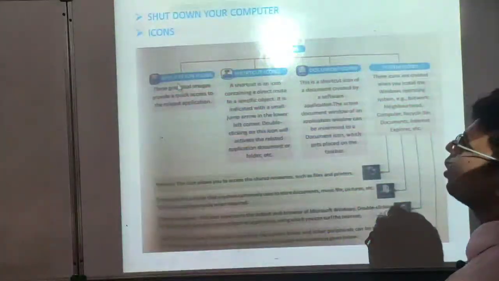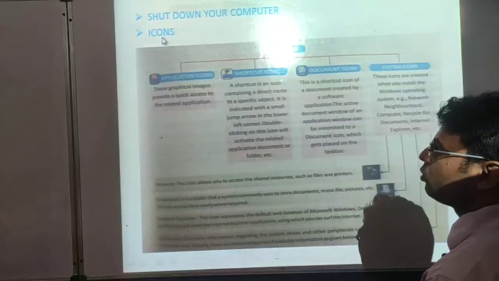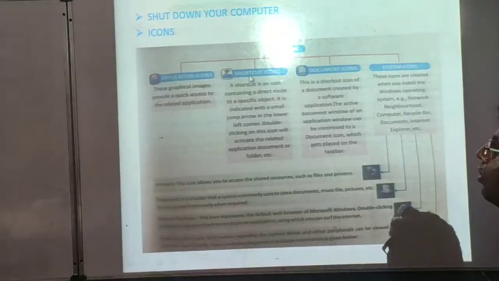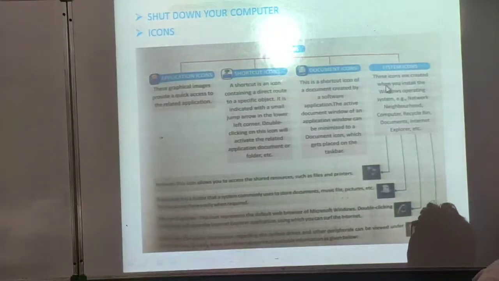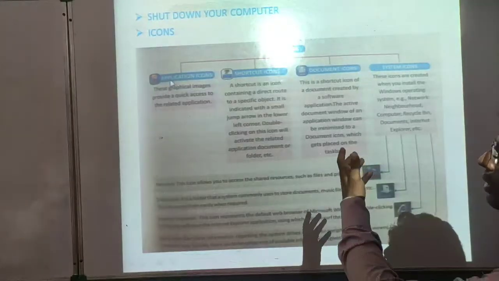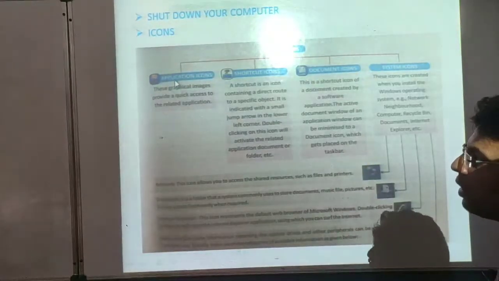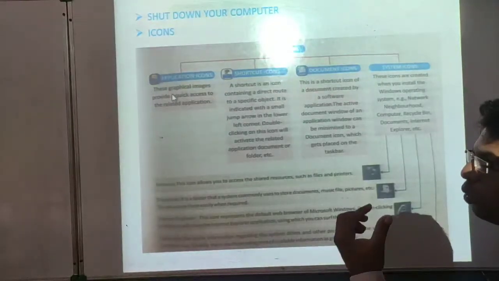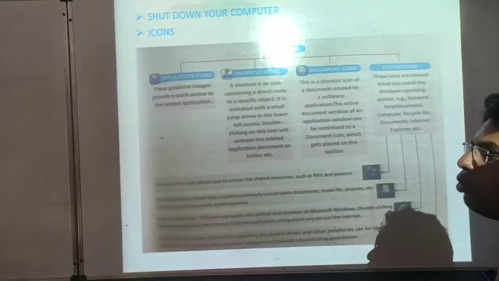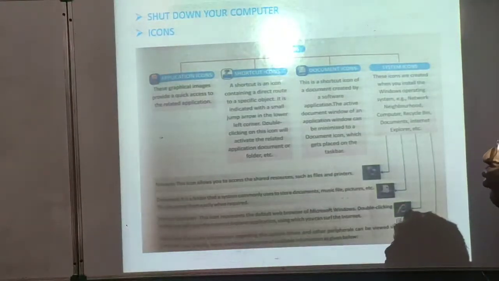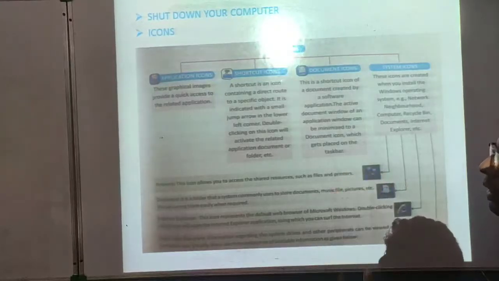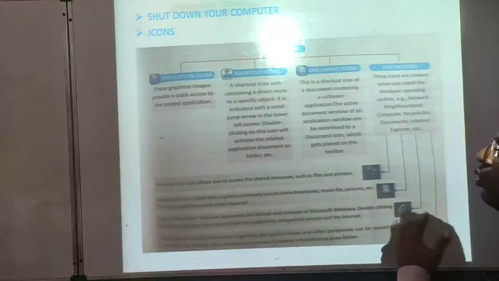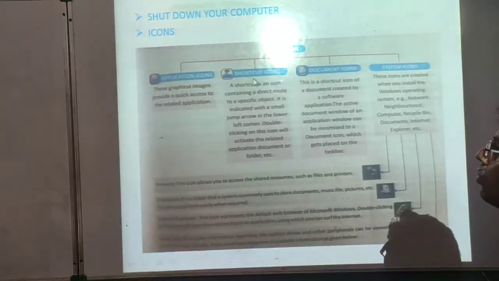Next we can see the icons. Already we have discussed the icon. So here icons are divided into 4 parts, that is application icons, shortcut icons, document icons and system icons. So application icon का मतलब क्या होता है, जो भी एप्लीकेशन है, एप्लीकेशन जो हम इंस्टॉल किया है, एड्स वगैरह है, तो जब हम लोग इंस्टॉल करते हैं तो उस एप्लीकेशन का एक आइकन बन जाता है, जिसके थ्रू आपको एप्लीकेशन ओपन करना है। Suppose you want to open the same application, you give the icon on the desktop, and if you have created it you can see that, so you have to double click on that, so your application is going to open. Next you can see the shortcut.